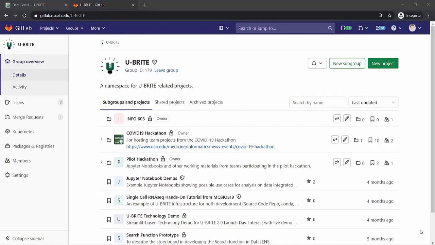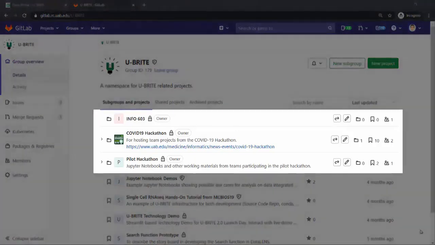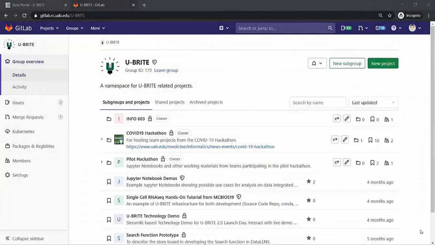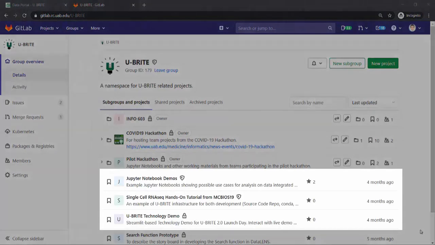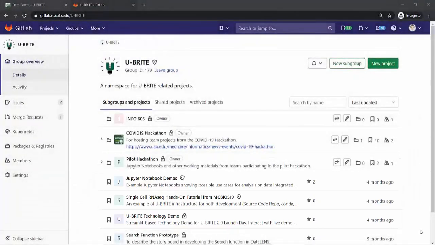Here we see a number of subgroups and projects, including dedicated namespaces for various hackathon events and info classes, as well as GitLab projects containing source code for various beginner and advanced demos and tutorials that we think may help our users get started with U-BRITE. If you can browse to this group, then you should have the right permissions and can check this box off in the readiness checklist. So for our getting started exercise, let's click on the Info 603 subgroup